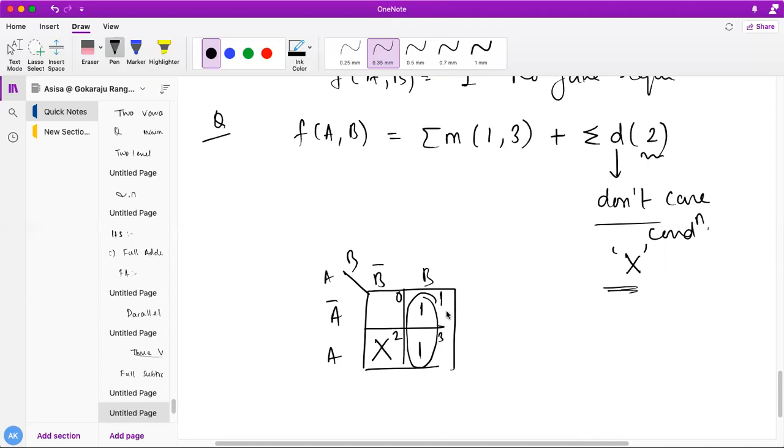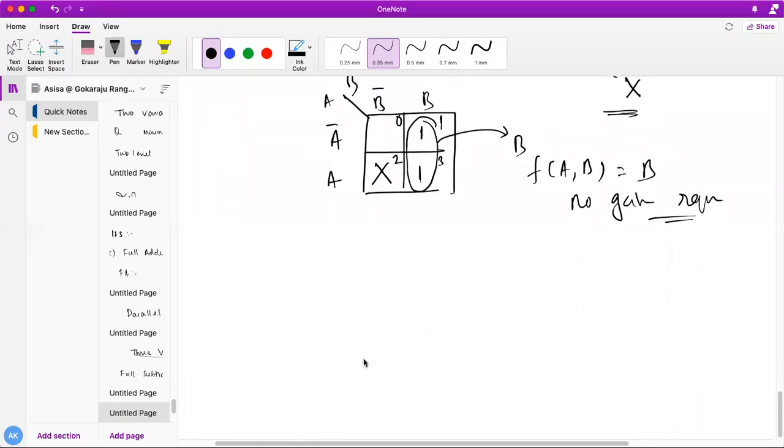So finally, what is my output? My output will be b. So f of a b is b. If I am considering and combining, tell me what is my output? Again one extra gate would be required, but here I am not requiring any gate. No gate is required to design it. Do all of you understand, students? When you are going to combine the don't care, if you are able to reduce the number of literals after combination, then only use it, else leave the don't care as it is.